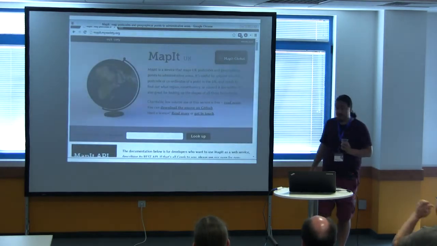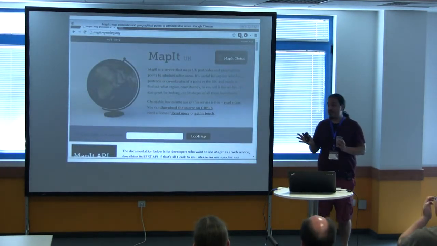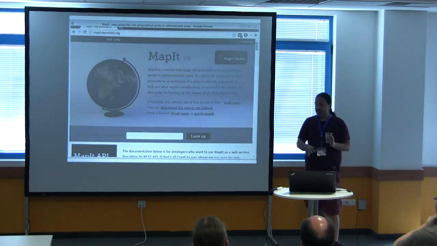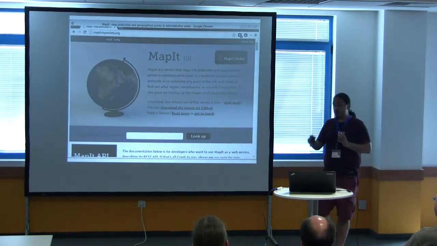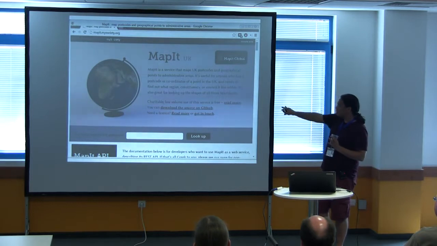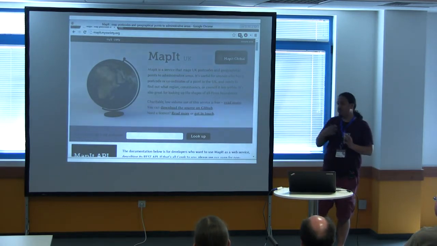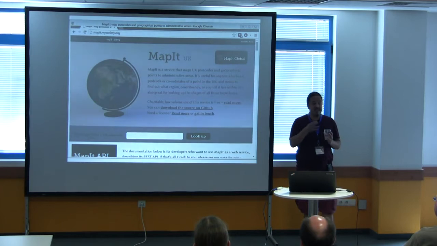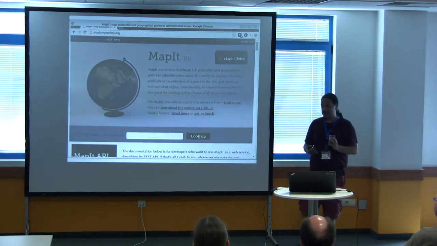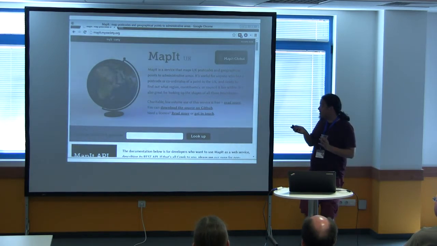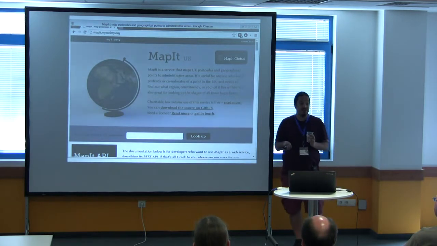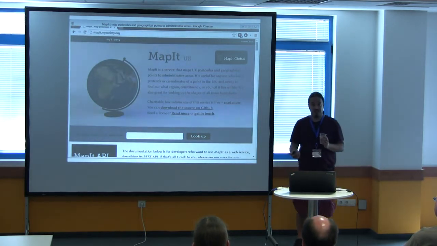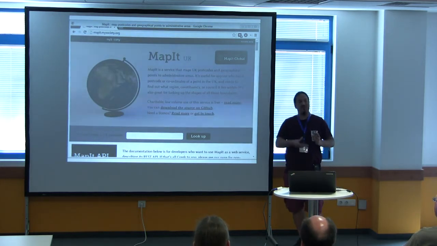And what happens next? So I'm not going to go into geocoding a lot. If you were here for Alex's great talk just before, he talks a little bit about the challenge of that. We have a service called Mapit, which maps a latitude and longitude that we get from a geocoding service. And again, we use various ones, including OpenStreetMap and Google and Bing. We then map it to an administrative region, which might be Liverpool City Council, or it might be Merseyside, or it might be the government of the UK, or it might be the European Union.